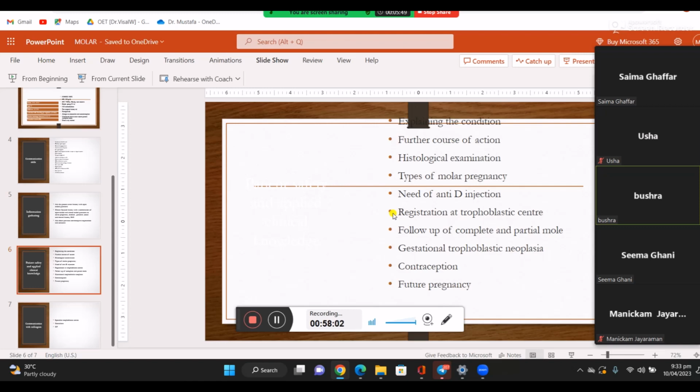In the information gathering, you asked about blood group, but it was already mentioned in the case notes. So it is always better to confirm any information which is already written. You can ask in the way, I can see from your notes that your blood group is O negative. So have you received injection anti-D? You can ask in this manner, because when you ask the blood group again, the examiner will have an impression that you have not read the task. Okay. So, when you explain the condition that we need follow up,